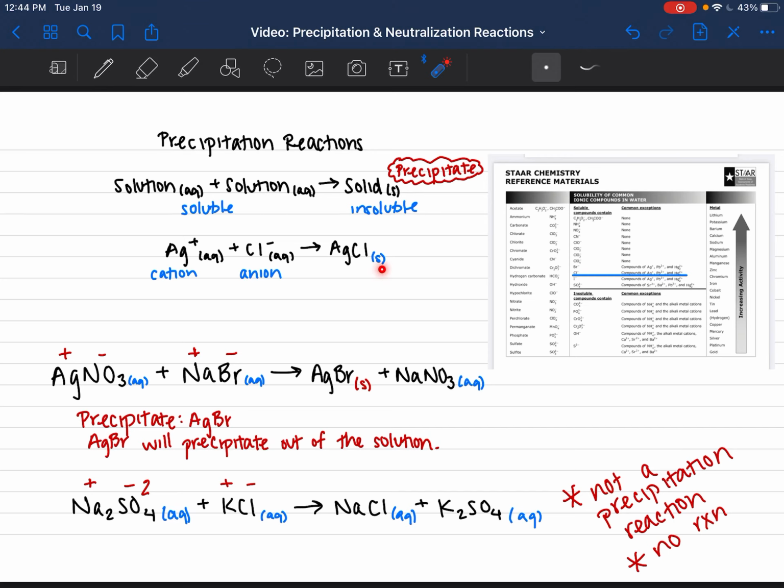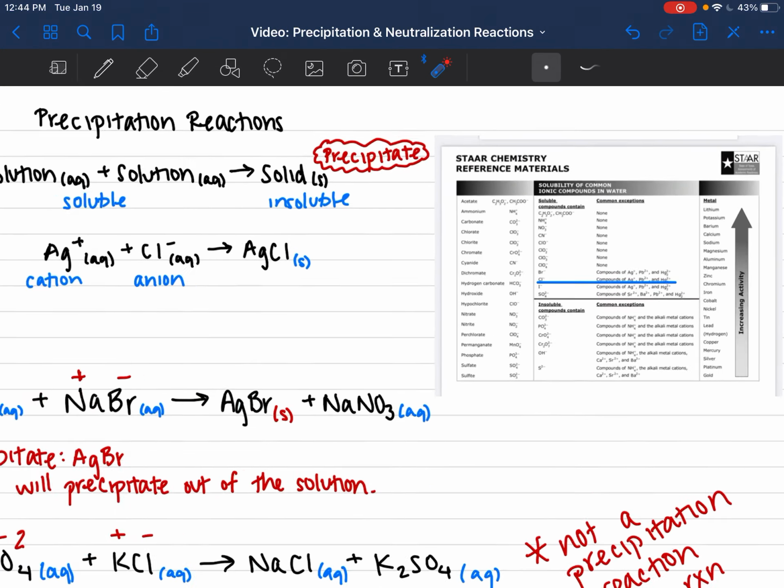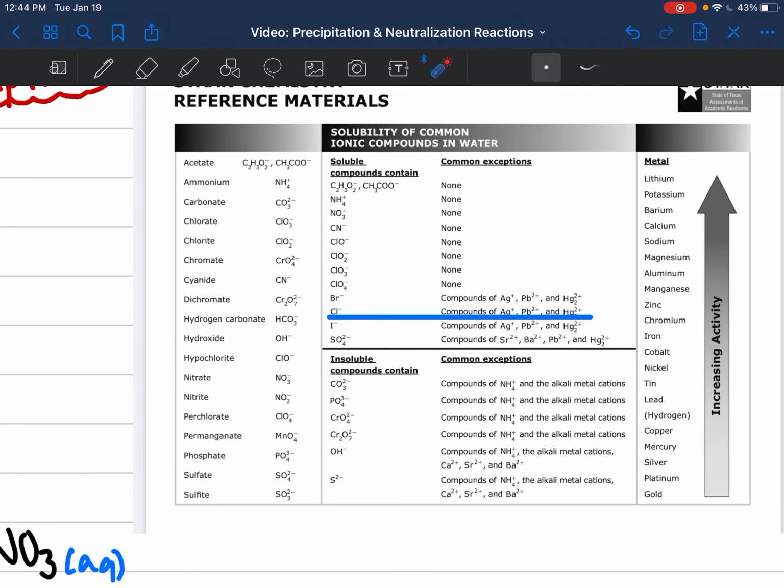So notice right here I put that it is solid when I was talking about the state. So how did I know that? Right here, you have the same references in your own reference sheet. This is a solubility chart. So what this tells us is it tells us what is insoluble and what is soluble. So on the top, notice that we look by the anion. So chloride, for example, it says that these are soluble. Compounds containing chloride are soluble,